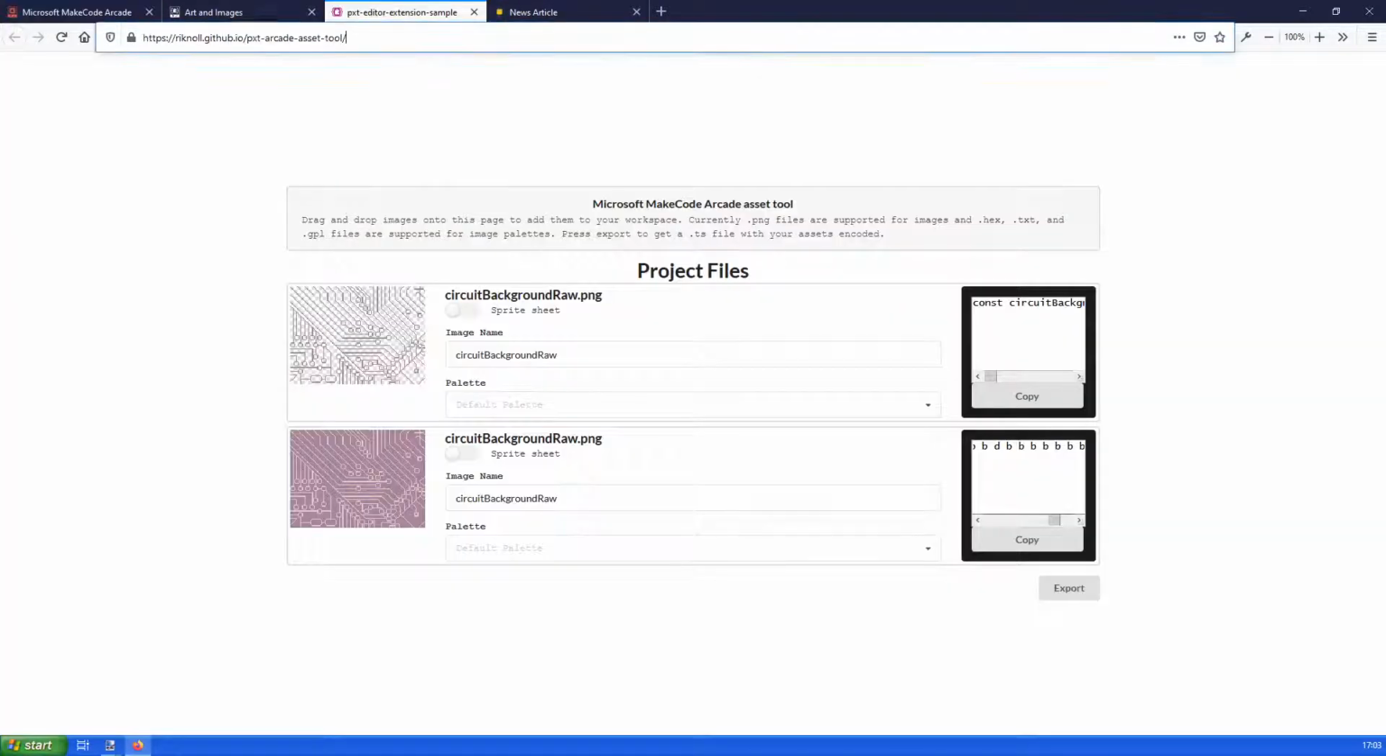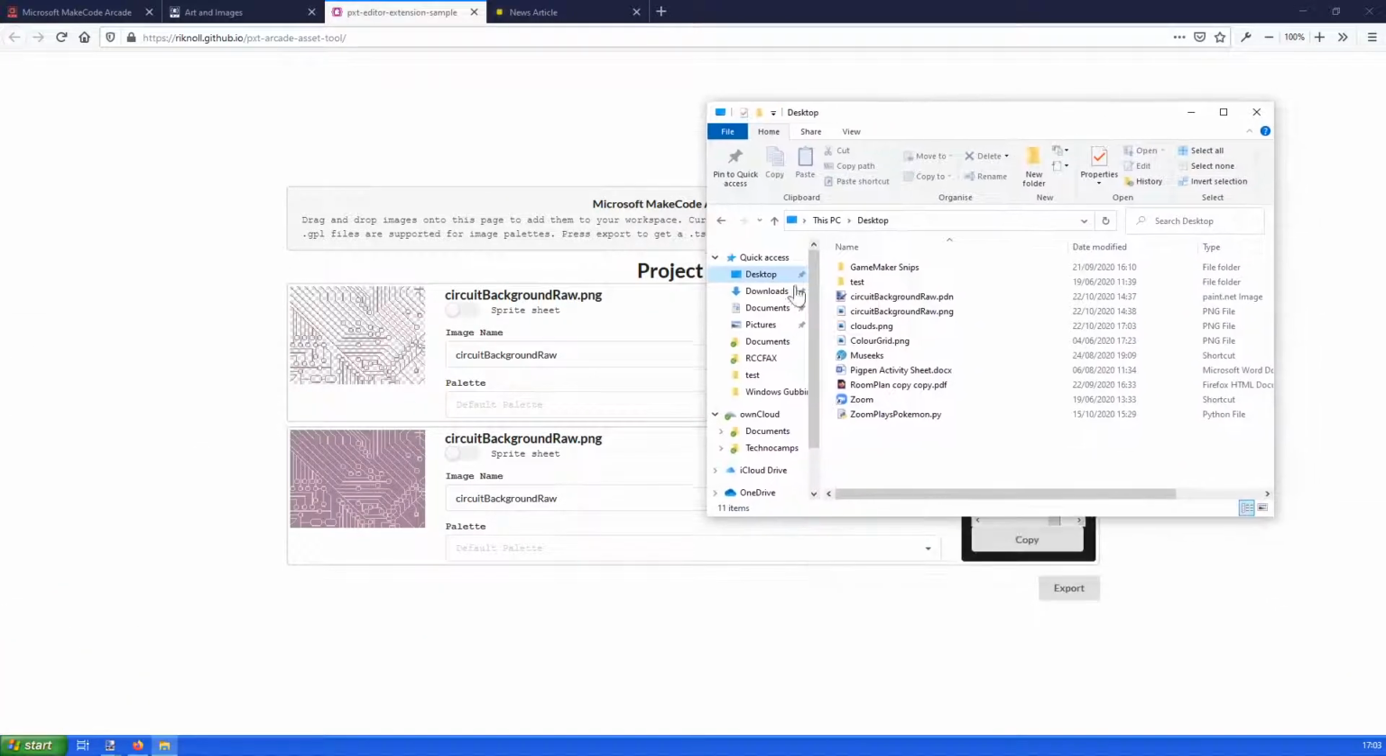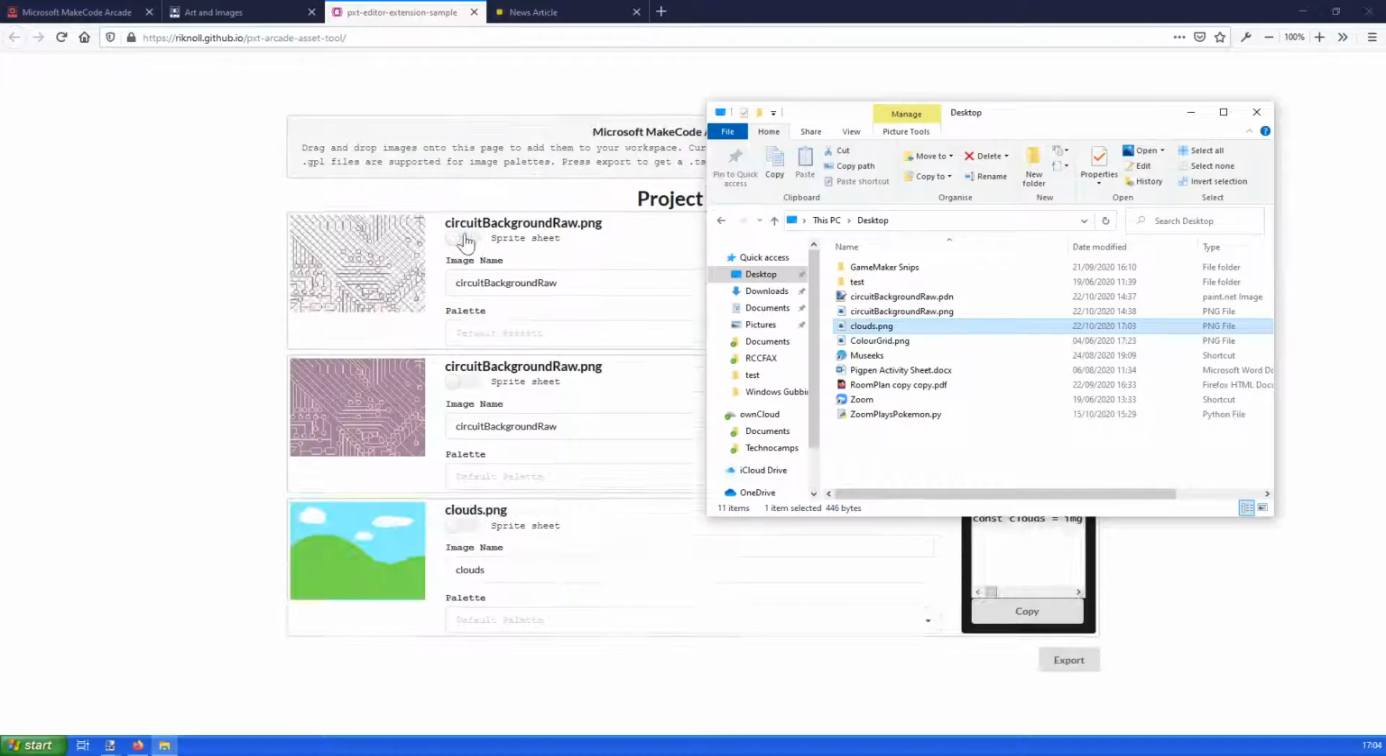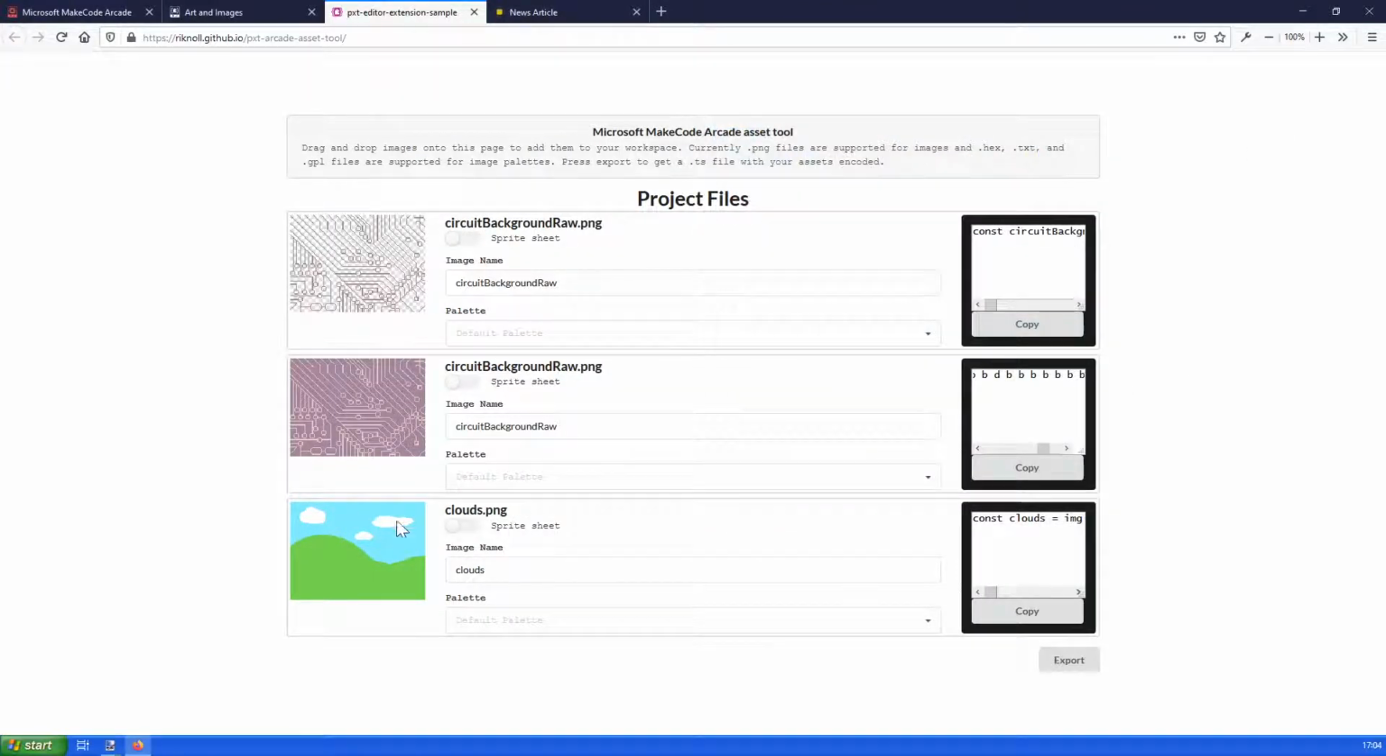So I'm going to go back to that website, the Arcade Asset tool. Have a look in the chat if you want to use that. I'm going to open up where I saved my clouds.png, and I'm going to drag it into the asset tool, and we can see now that it's loaded it in. And if we look over here on the right, it's very hard to see because it's a tiny text box, but it has transformed this whole